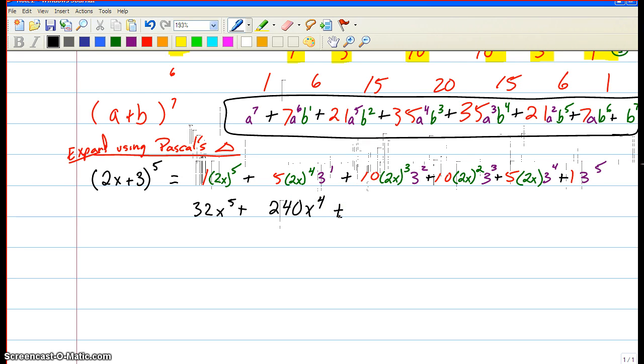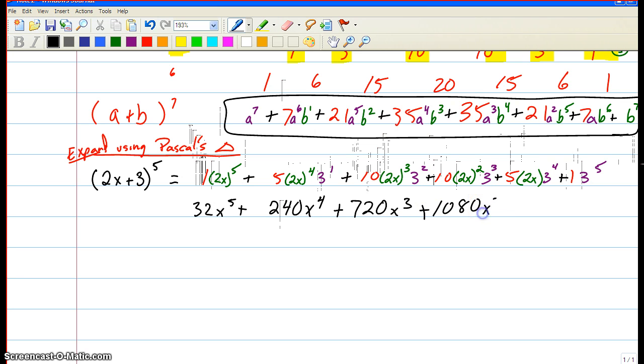Plus 10 times 2 to the 3rd power times 3 to the 2nd, right? 720 x to the 3rd